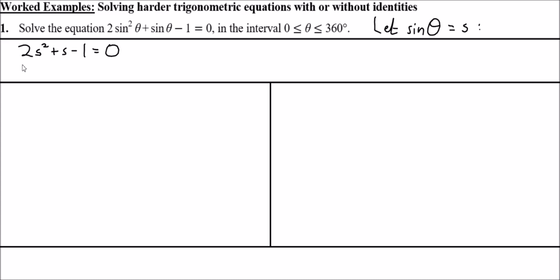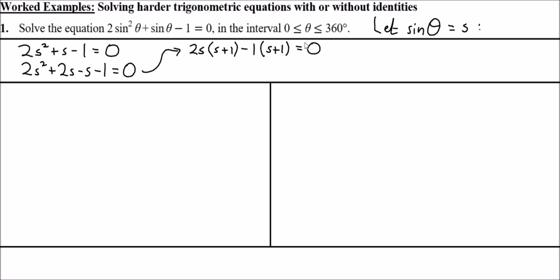So we can rewrite this as 2s squared plus 2s minus s minus 1 equal to 0. Now, these first two terms we can factorise out a 2 and an s. So we have 2s, brackets s plus 1, and the minus s and minus 1 have a common factor of negative 1, so we can put a minus 1 on the outside, and again we get s plus 1 for a second time in brackets,